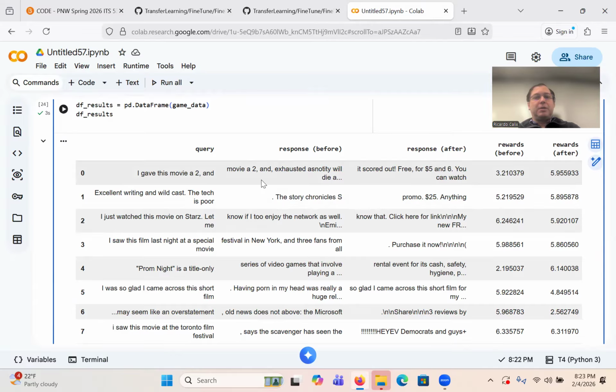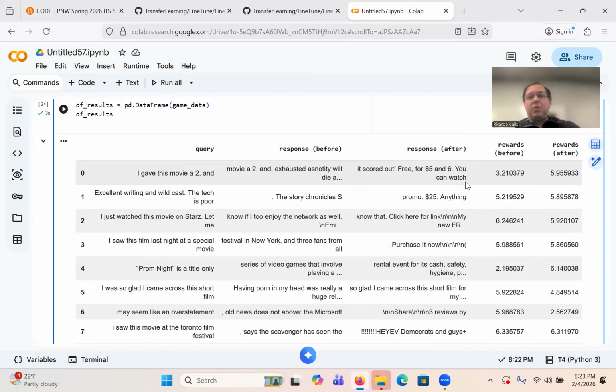So the reference model says movie at 2 and exhausted something will die. The response after says it's scored out free for $5 and $6 you can watch. What do you guys think? That's not something you would see in IMDb, right? As a comment for a movie. Does that seem spammy to you guys? Yes, right? Okay, good. So that seems spammy.